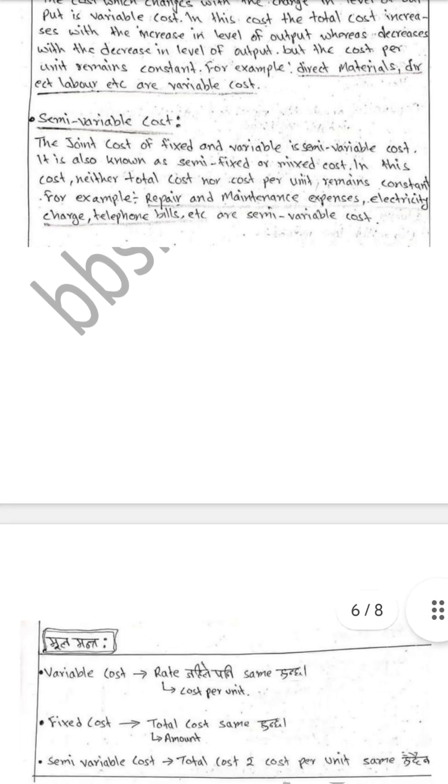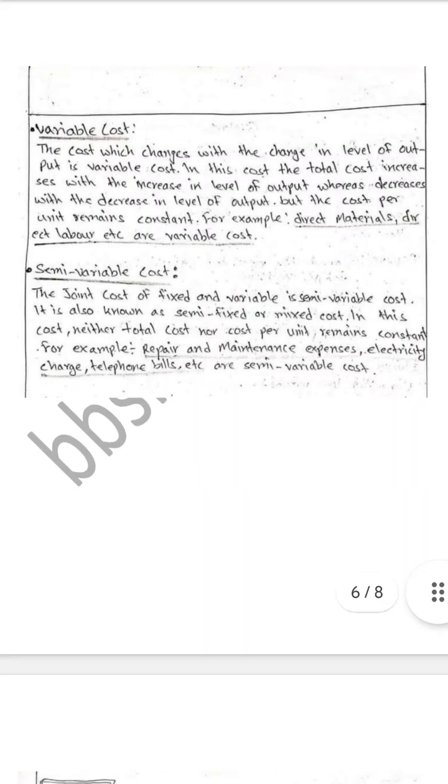are variable cost. Semi-variable cost मा चाहिँ joint cost of fixed and variable is semi-variable cost. It is also known as semi-fixed or mixed cost. In this cost, neither total cost nor cost per unit remains constant. For example, repair and maintenance expenses, electricity